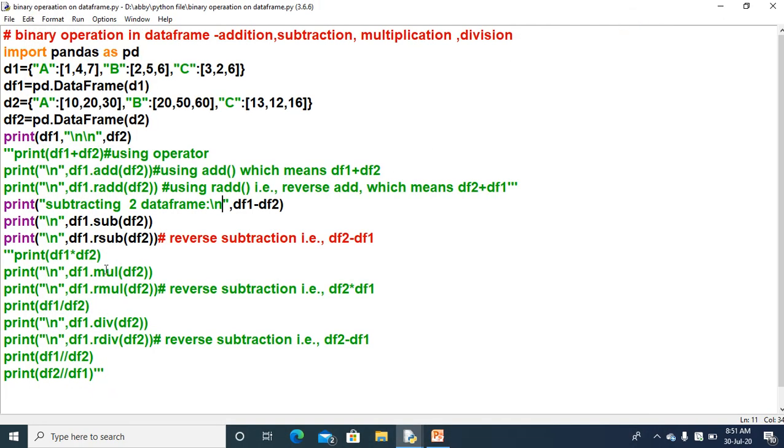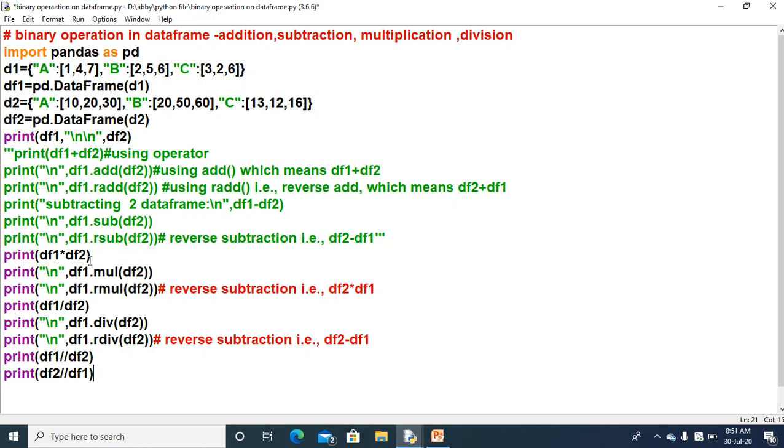Now we will see the multiplication. The same way you will do. This is what I wanted to show you practically so that you don't get any confusion about how it will be done. This is very simple. Multiplication and division we will see all together, as well as the float division. So let me remove this comment. Now you need to concentrate on the data frames as well as the multiplication, division and float division. So let me explain this one.